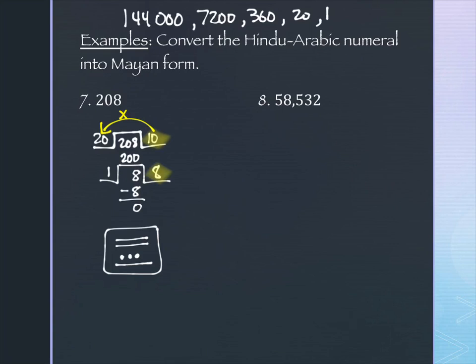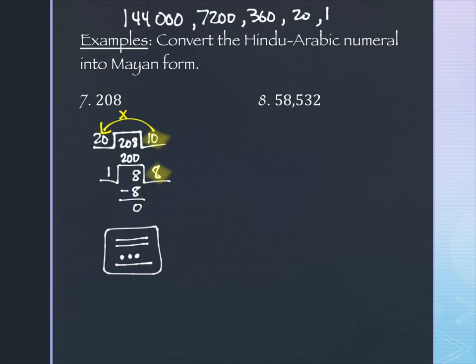Okay. We need to make sure that when we write these, the top number here represents the first value, which was our 10, and the bottom one represents the number 8. So they have to go in order separately. Yeah. Okay. Any other questions? Let's try one more then. I have the number